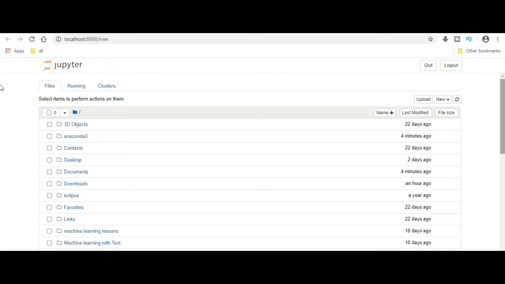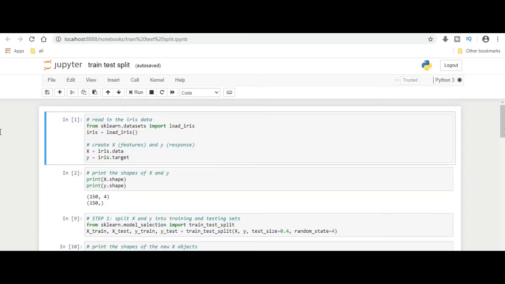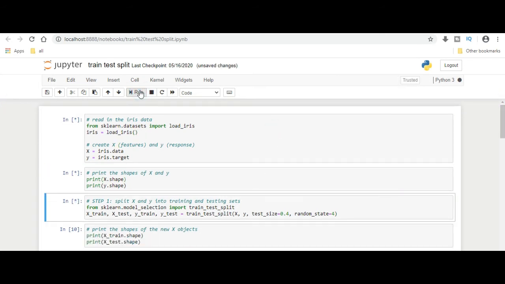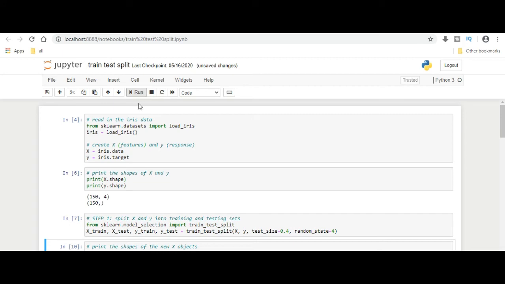But what is special in this Jupyter Notebook is, I'll show you an already existing file. So this is the already existing file in the Jupyter Notebook. So if I want to run this file, I can click on run and each step runs.